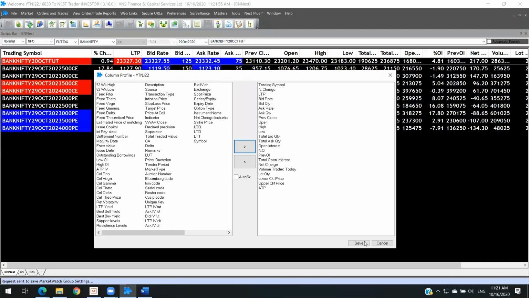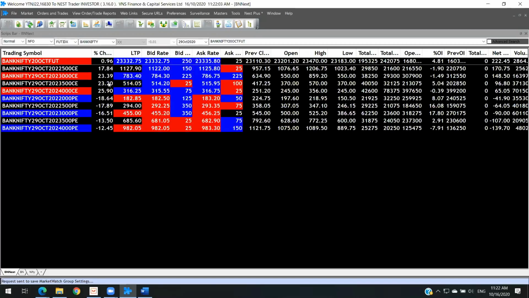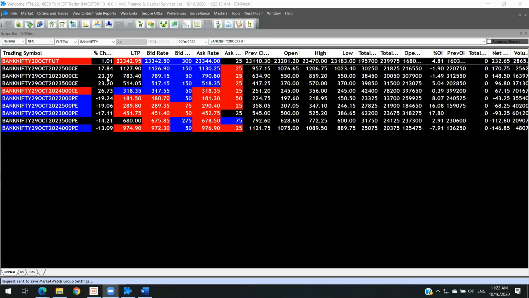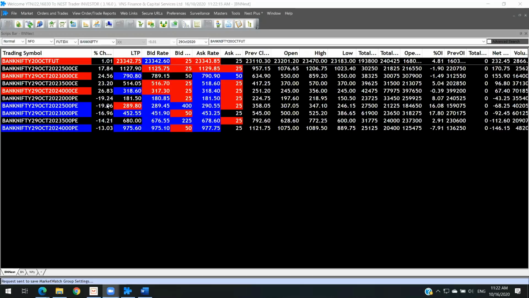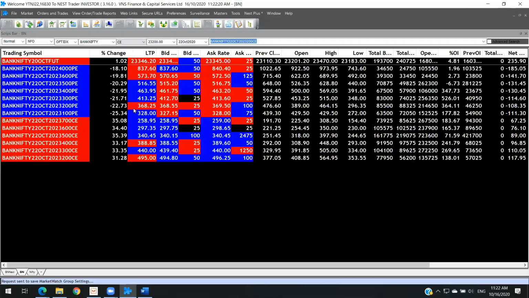So currently what I have done is I have added percentage change, which is important. I needed to know whether it is meeting my Q1 or Q2 requirement, so I wanted to see the percentage change. Here itself, we can look at the percentage change. Okay, currently are any of them meeting my Q1, Q2 requirements? No, because it is at 93, 23, 24. Nothing is met. Let's look at Bank Nifty for the current series.